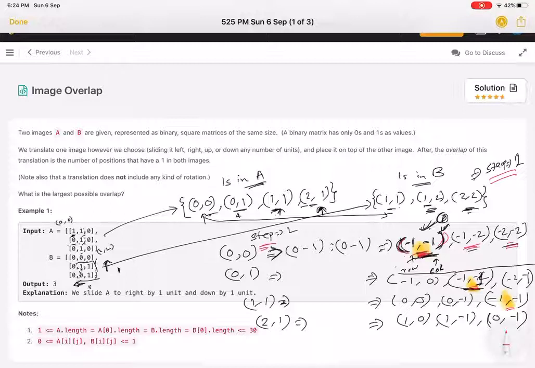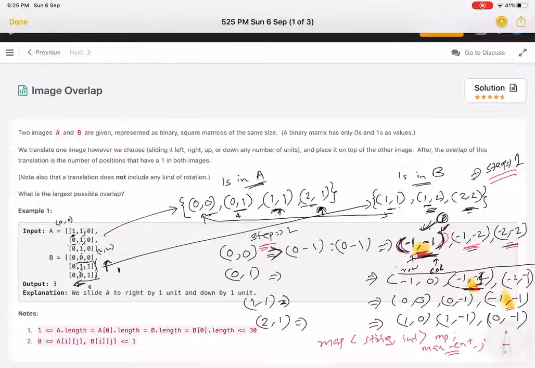At the end we will have a map of string comma int, where we store all the keys, and the maximum count would be the answer of our solution, right? So this is pretty much it from the solution point of view.